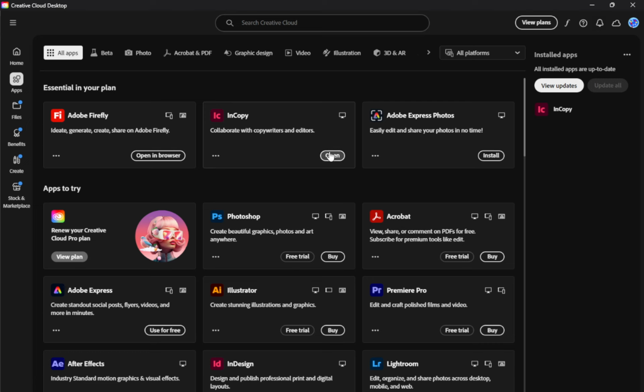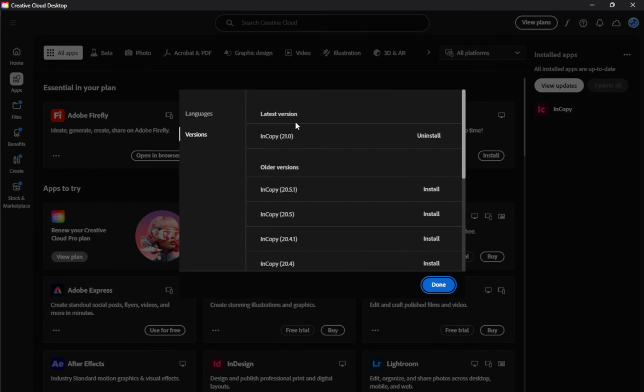Click Update, and the download and installation will begin automatically. Creative Cloud handles the entire process for you, so you don't have to manage files manually. The progress bar will show you how things are going, and the time it takes will depend on your internet speed and system performance. If InCopy is currently open, you may be prompted to close it so the update can